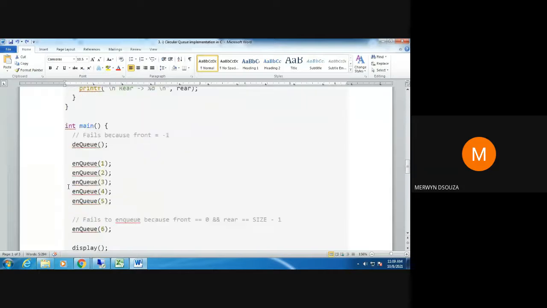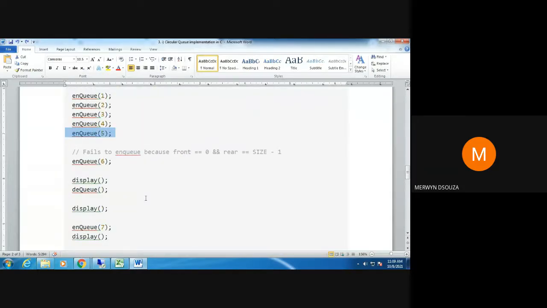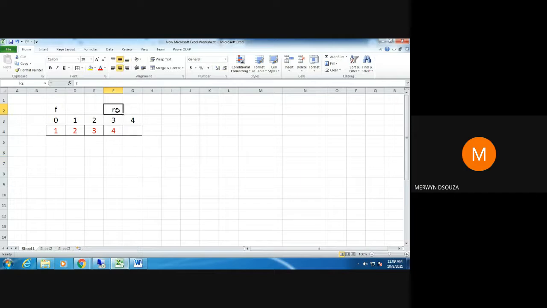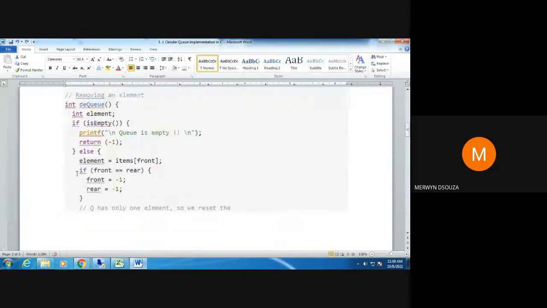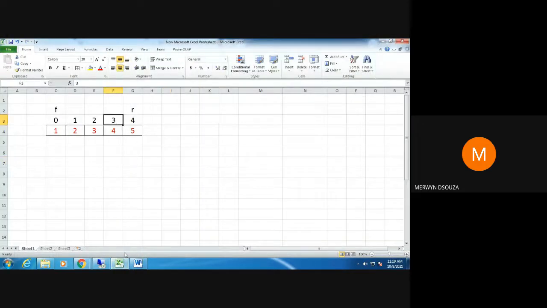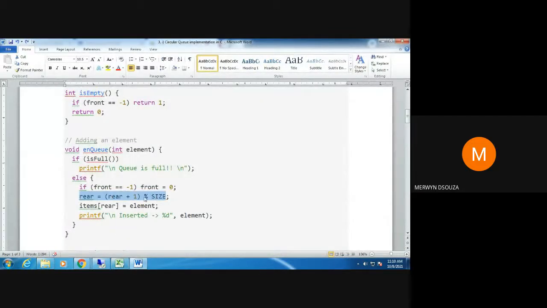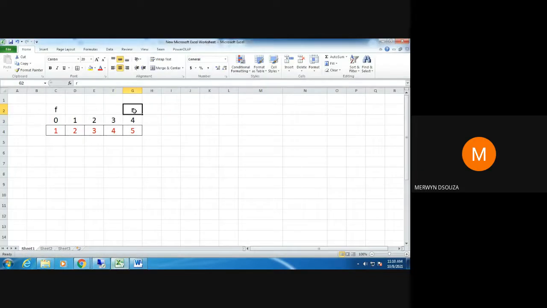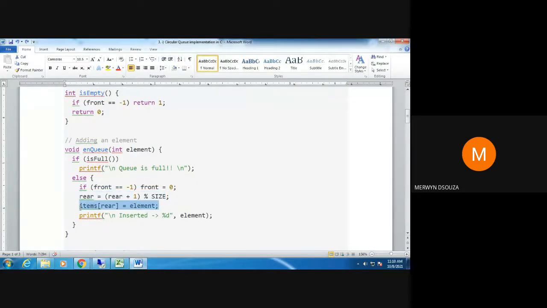Now when you try to insert the 5th element, the same thing will happen. You will check, increment rear, and insert 5. You can check that here. I just keep it open for you. You can trace it and let me know if what I have done is correct or not. Your previous value of rear was 3. So when you do 3 plus 1, you will get 4. 4 divided by 5, the remainder is 4 only. So rear comes here, and then you insert your element 5 there.